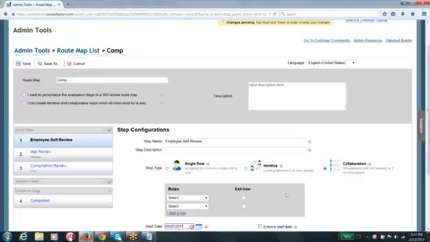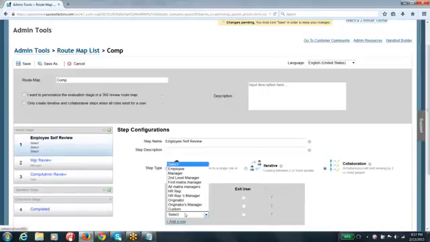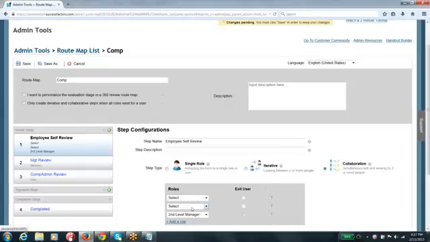The basic difference between iterative and collaboration is that, let's say you are going to add 3 roles or 3 people here. Those 3 people can work on that particular form simultaneously, guys. There is no problem at all. People can start working on the form, and the one who can send the form to the next step is the one you marked as the exit user, right?